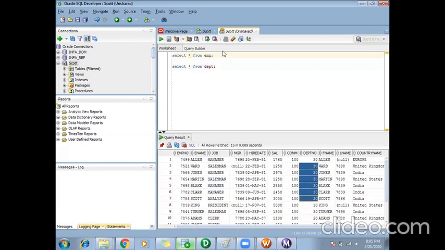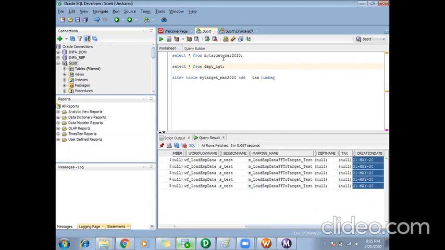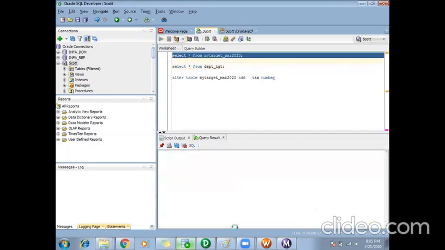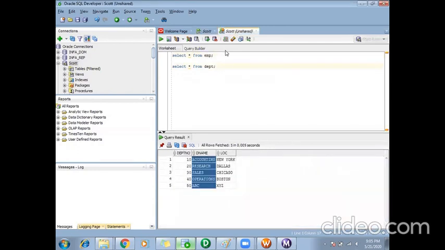So what we'll do, we will use this department number of the employee and do a lookup on my department table and try to get its respective department name and load it to my target. So my target also has a section called department name. In order to fill up this section, I'll do a lookup using the employee department number in my department table. So this is one part.